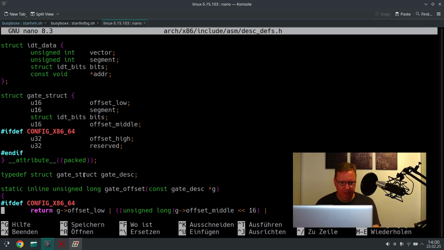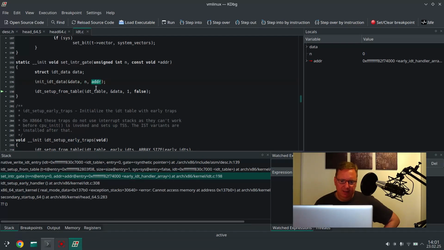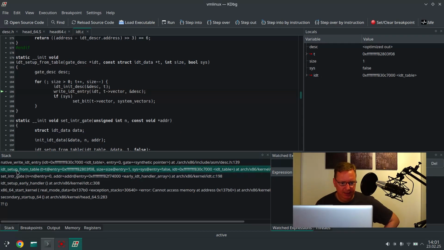Right here we had gate descriptor was the gate structure, and there's also IDT data, which contains the number for the interrupt and the address, plus some flags and some infos for the memory. One such object is then populated with the interrupt number and the handler address, right? And then from there it is copied into the IDT table in IDT setup from table,